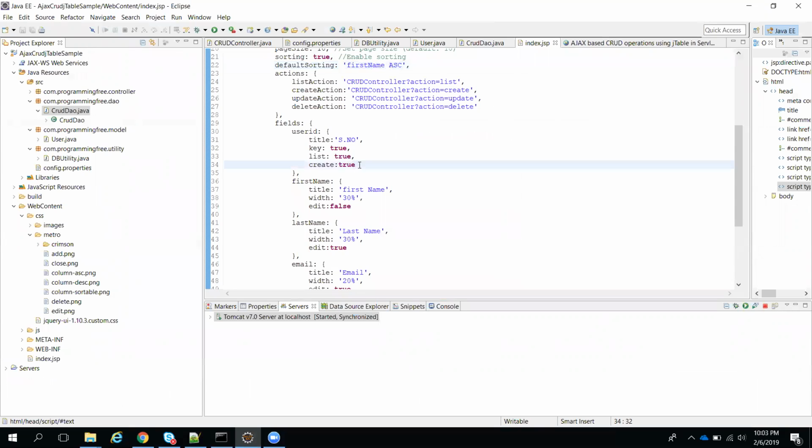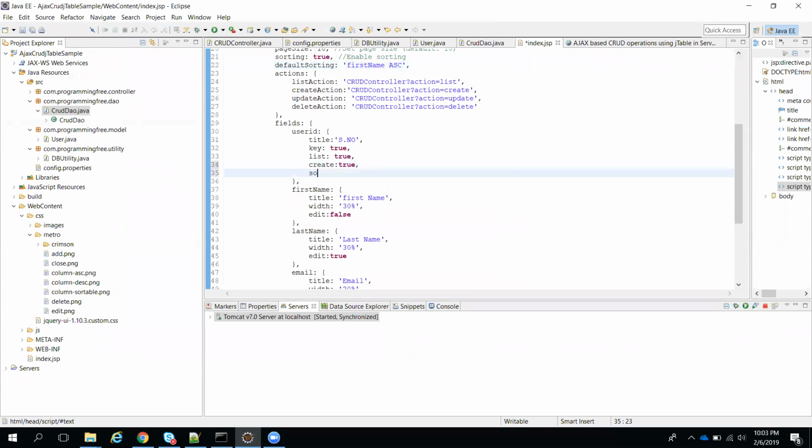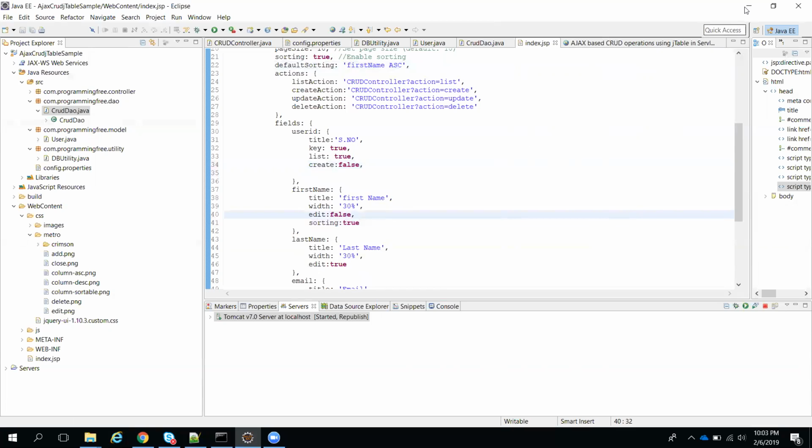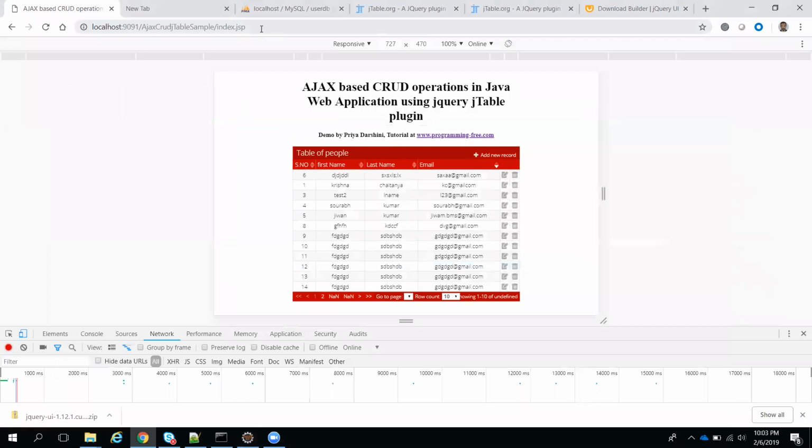Now we have one more key called sorting. I don't want to use it for create, so I will give create false, as while creating I don't want to show this, and I want to make sorting true. So we'll see now, at least first name should be sortable properly.